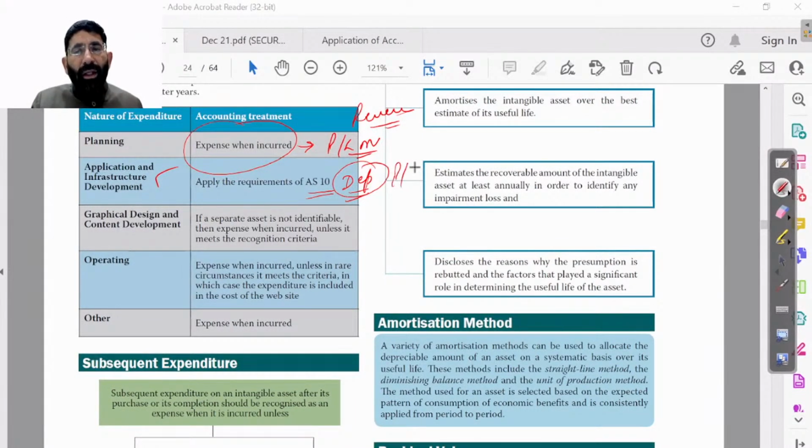Depreciation expenses are again debited to P&L account. Then graphic designing and content development: whatever expenses are incurred, that will be debited to P&L account. Beta operating expenses. So operating, we are trying to work on it. These will also be assumed as debited to P&L account because these are revenue expenses. So all expenses, whatever are incurred, unless the